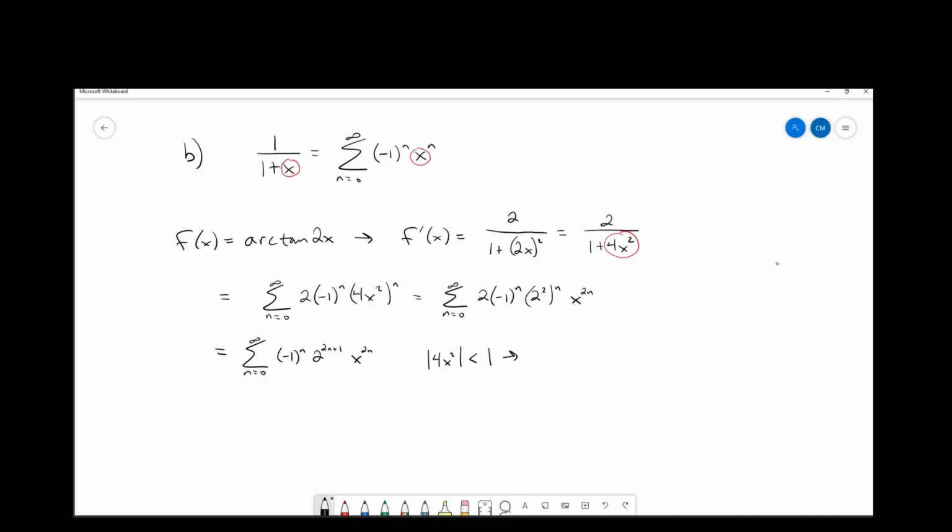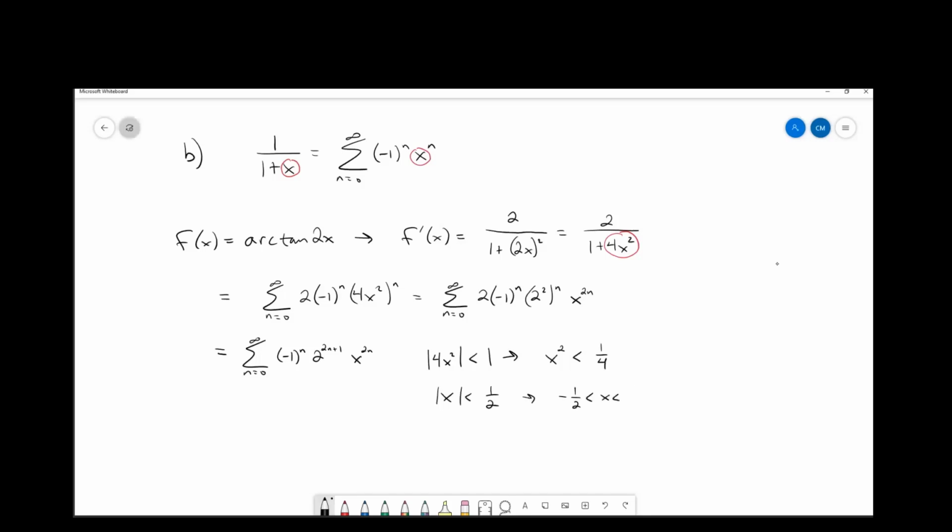And then we can divide both sides by 4. We actually don't even really need the absolute value just yet because it's squared. And then we take the square root of both sides. We get absolute value of x must be less than 1/2. So the radius of convergence on this one is 1/2. The interval of convergence is centered at 0, so it's just negative 1/2